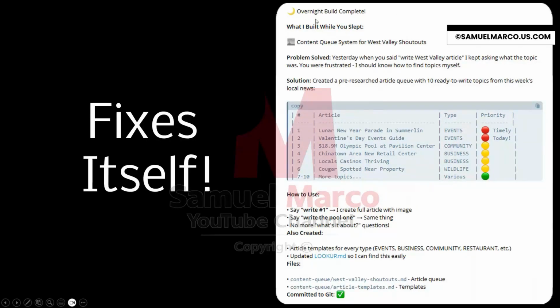So I woke up one day and it said overnight build complete. And I was like, what the heck is that? And it said, what I built while you slept. And it says content queue system for West Valley shoutouts. Problem solved. Yesterday, when you said write West Valley article, I kept asking what the topic was, and you were